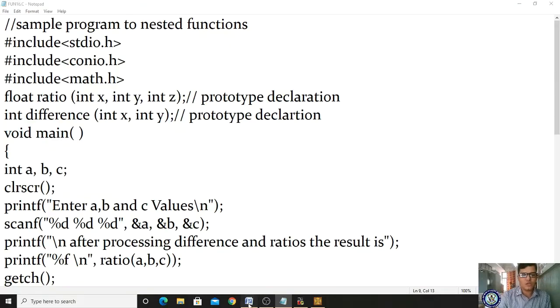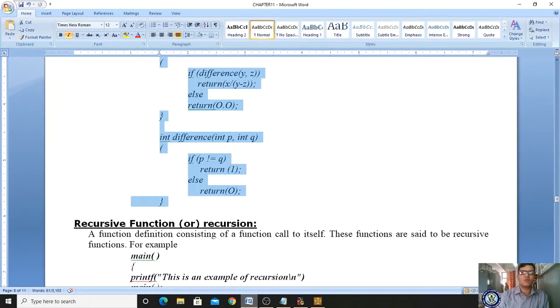So this is the concept of nested function. What is a nested function? A function call within another function call is called a nested function. So this program has been asked,